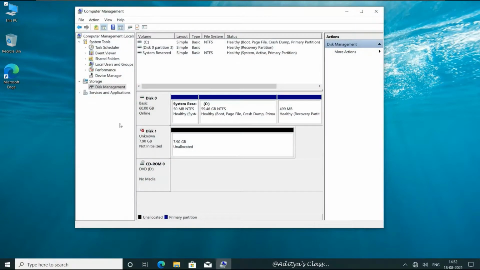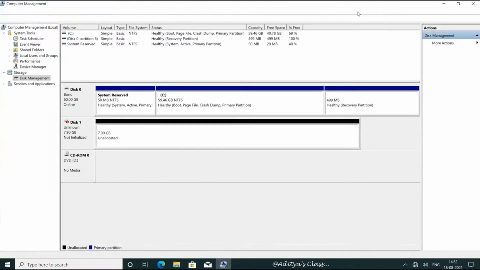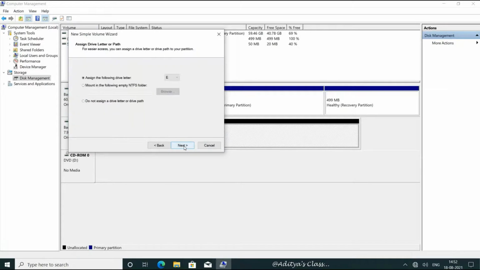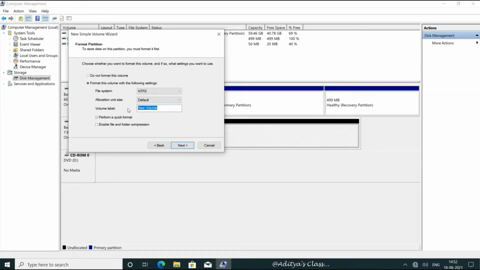If we go back to the computer management window or in the disk management window, notice we got a new disk visible and it has to be initialized. So let's initialize it using MBR. Now let's go create a new volume. We'll use the entire disk space to create a new volume.